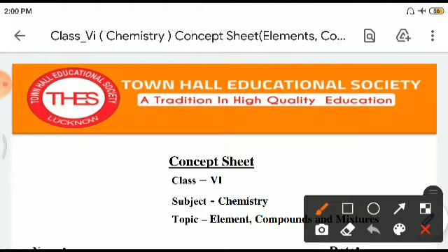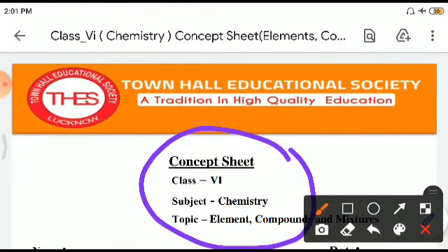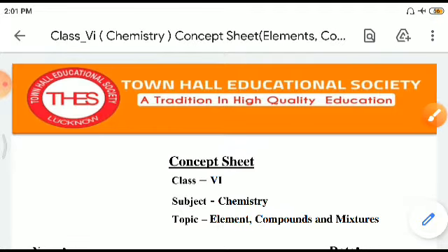And today we will be solving the concept sheets of a very interesting chapter, which is elements, compounds, and mixtures. Right? Elements, compounds, and mixtures. Now, children, we all know elements are the purest form, containing atoms of only a single type. Compounds are made up of elements by mixing two or more elements in a fixed ratio, and mixtures may comprise compounds mixed together, which can be physically separated out. Right? In compounds you cannot separate them.